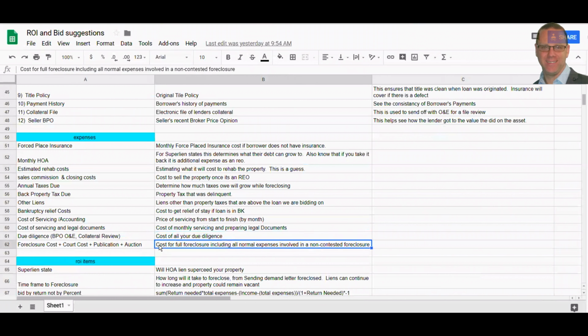Foreclosure, you have to calculate the foreclosure cost plus the court costs plus publication and the auction costs. Sometimes the auctioneers take a percentage of the sales price. So you make sure you calculate for all that